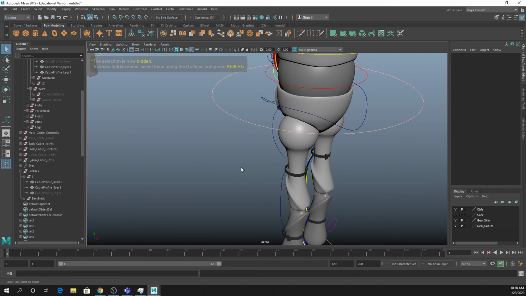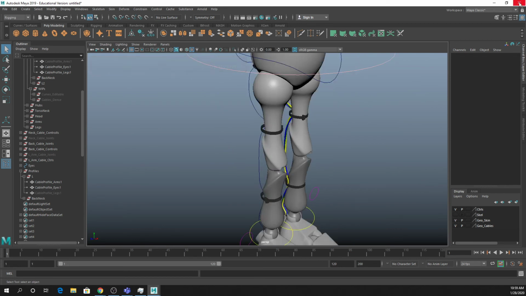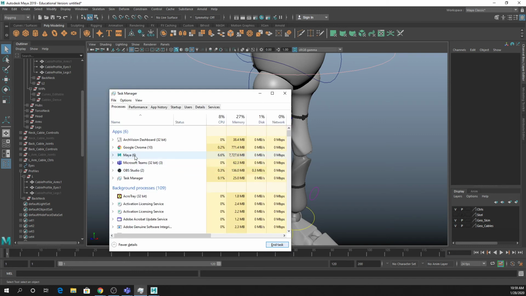But this is lagging. I'm going to really quick close Maya and reopen it because this is being unbearably slow. Fixed it yesterday. Hopefully it does today. Hopefully it fixes it. This computer is highly questionable. All right,